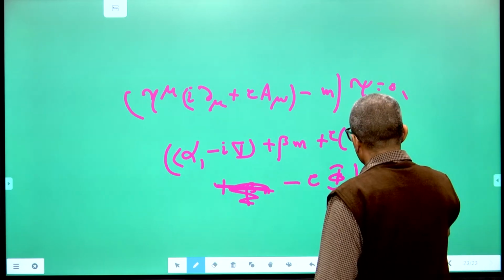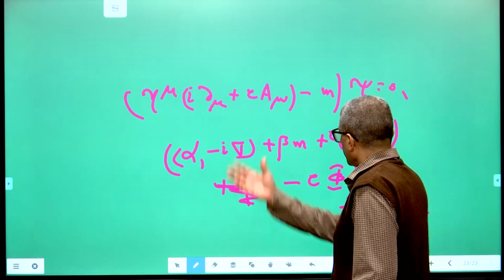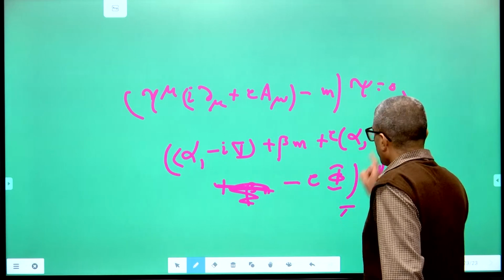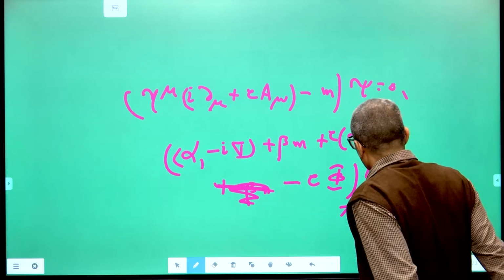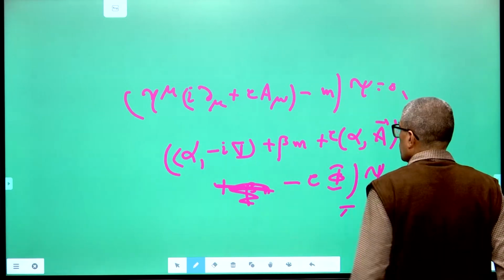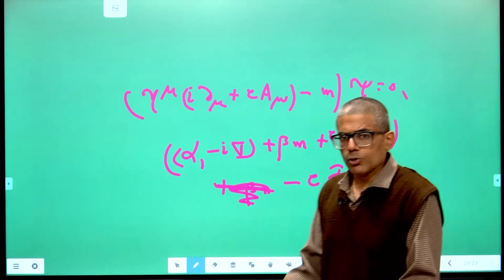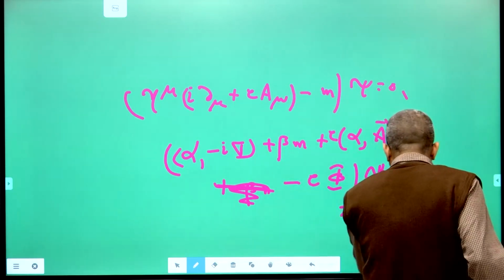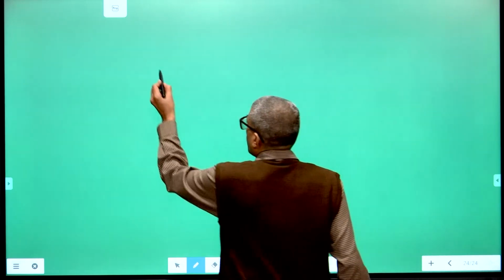So, you can solve the Dirac equation also by putting the boundary conditions in the absence of the electromagnetic field. When the electromagnetic field is present, then you will have to get correction. So, let us see how to go about doing this problem, and we will take gravity also into account. Things become even more complex, right.